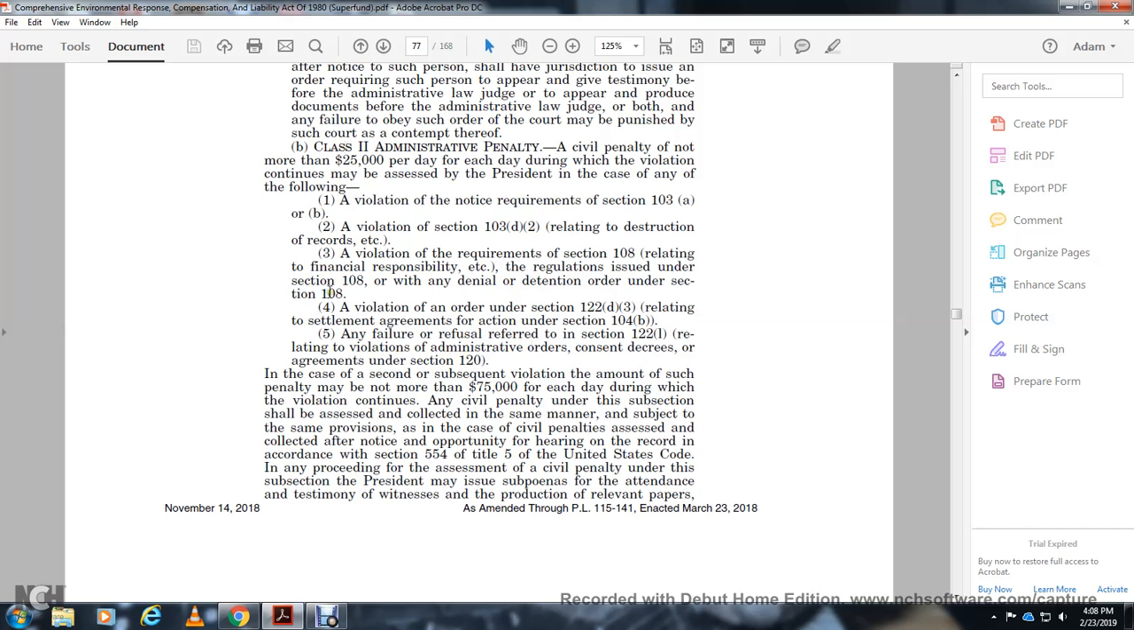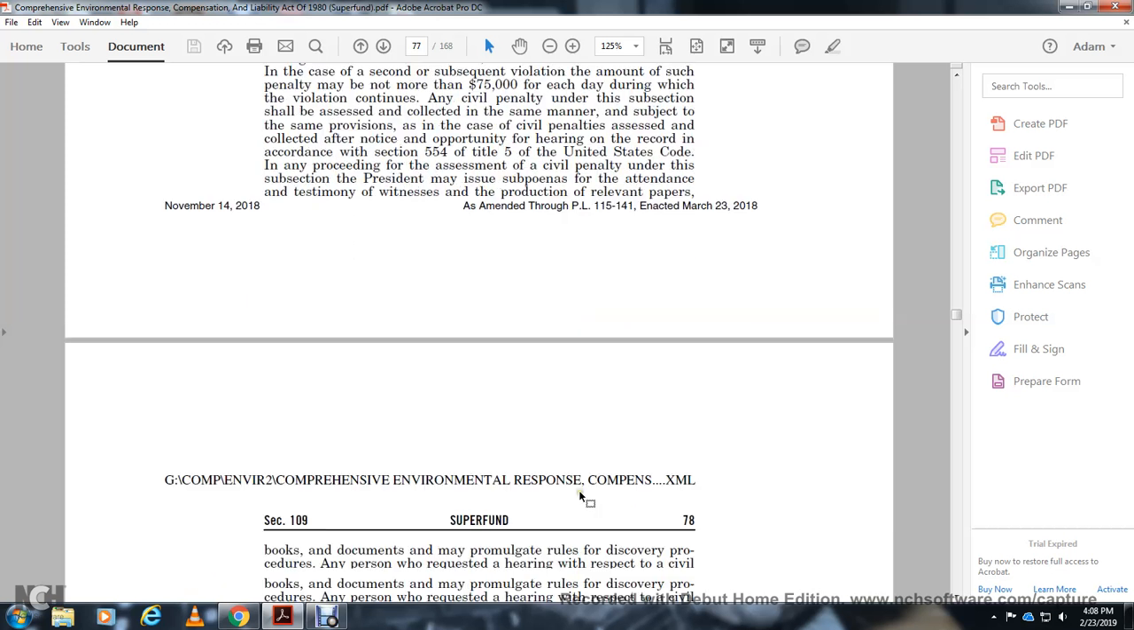In the case of a second or subsequent violation, the amount of the penalty is not more than $75 for each day during the violation, and so on, to be collected in the same manner. Civil penalties are assessed after notice and an opportunity for a hearing on the record in accordance with section 554 of Title 5 of the United States Code. In a proceeding with the assessment of a civil penalty under this subsection, the President may issue subpoenas for the attendance and testimony of witnesses and the production of relevant papers,